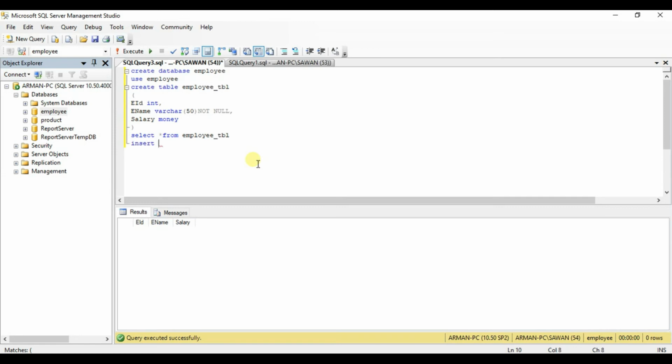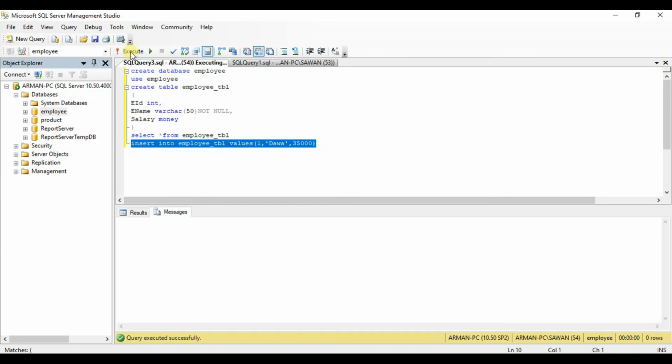Insert into employee_TBL values, bracket open and close, and type here employee ID like 1, comma, single quotation mark, and within the single quotation mark type employee name like Dawa, comma, salary 35,000. Now select all and execute. One row affected.